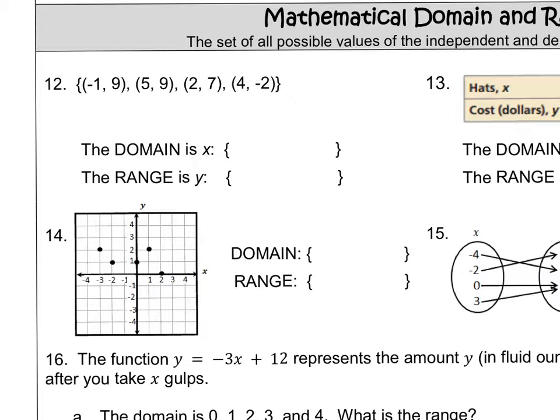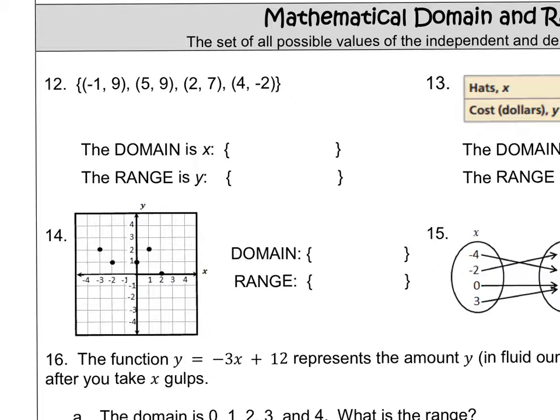In problems 12 through 16, we're going to start describing our data. We're describing our x values, which are our domain values, and our y values, which are our range. So we're describing the domain and range of our data. So when we look at number 12, easiest way to deal with ordered pairs is to just remember that the